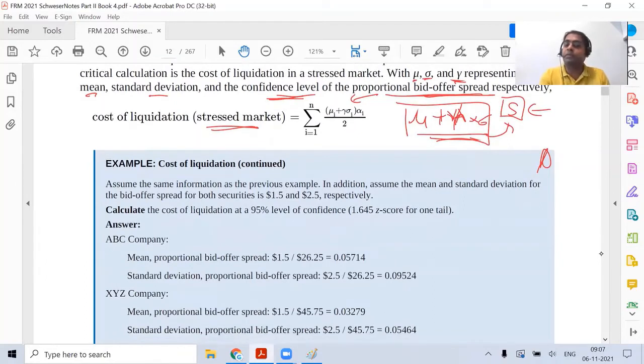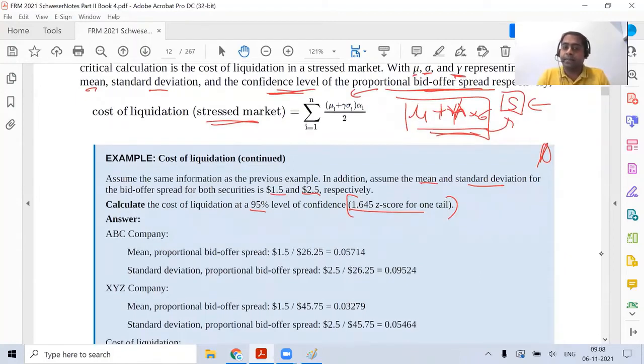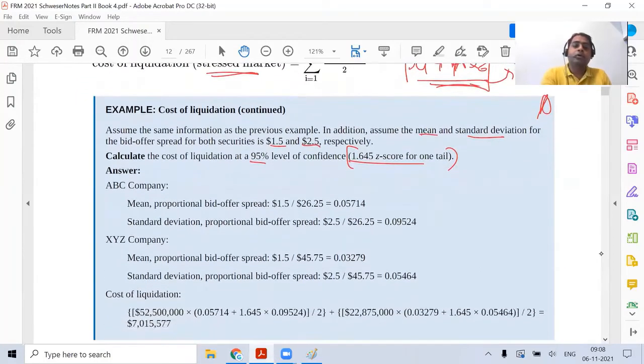Assume the same information from the previous example, the mean and the standard deviation are given for both the assets, both the securities, and the cost of liquidation that we want to find is for 95%. And this is one tail only, because we are looking at the movement in one direction, the cost increasing, the cost going towards the higher side. So if you look at the first section,